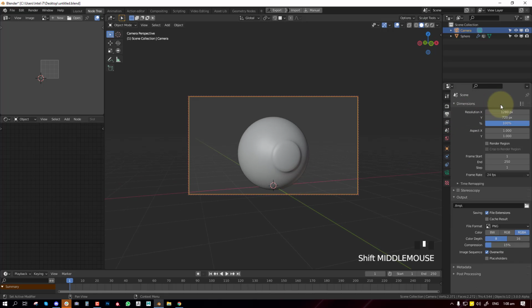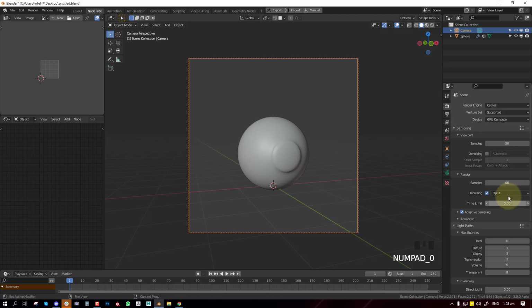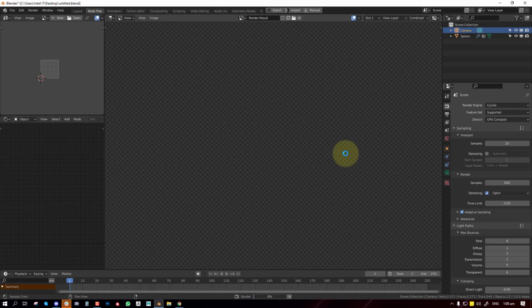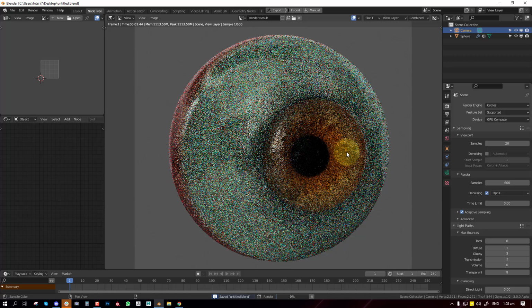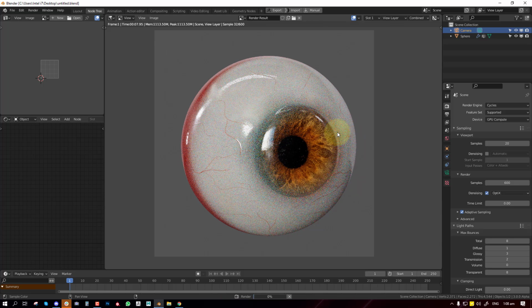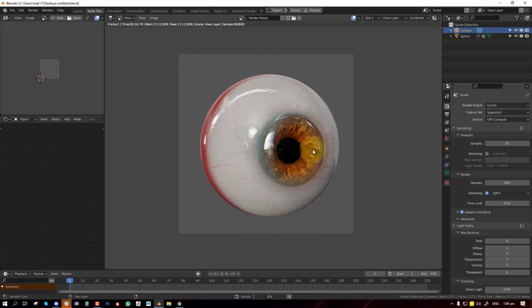So let's go 2K, with a sample of 600. I'm using the new Cycles X and an RTX 3080. I don't know how you say that. This is the result.